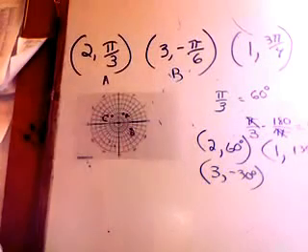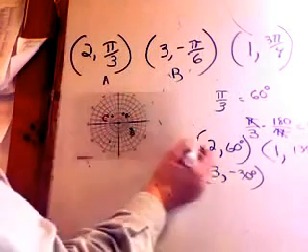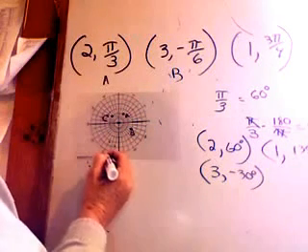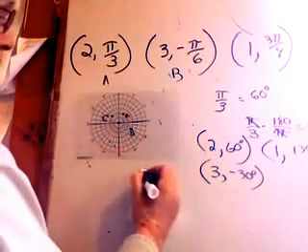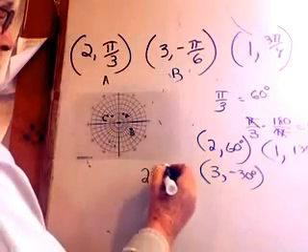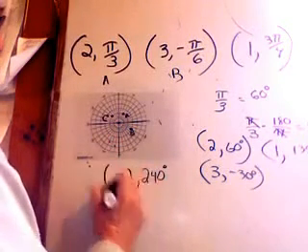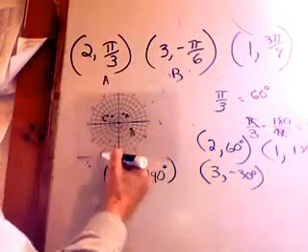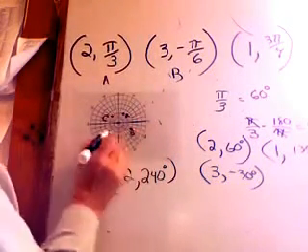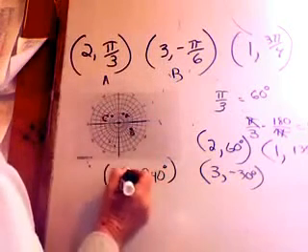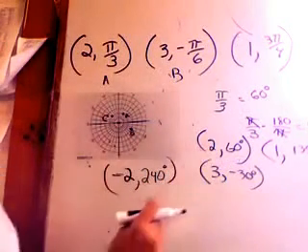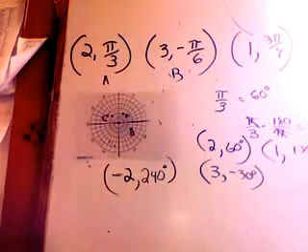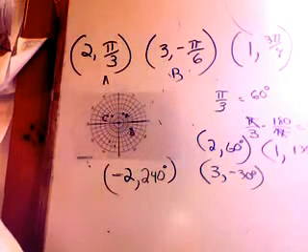Okay? Now, an interesting thing is this point 2, 60 on that 60 degree line. If you follow the 60 degree line, it's also on the 240. So I could do 240 degrees and I could do negative 2. So if I go to the 240 line, if I want positive 2, I'd have to come out in the positive direction. So the negative direction on the 240 line is the same thing as the 2 direction on the 60 line. So just an interesting thought when you're graphing these. Good luck. Hopefully you'll be able to do these on the homework.